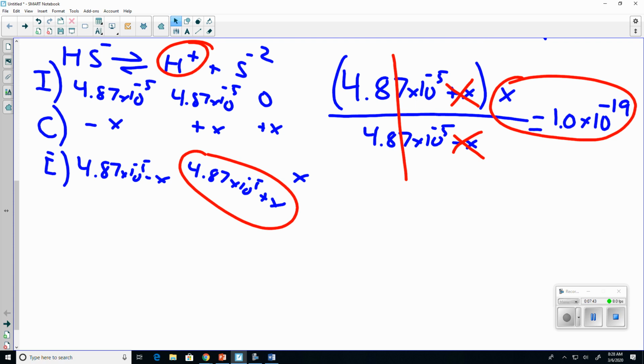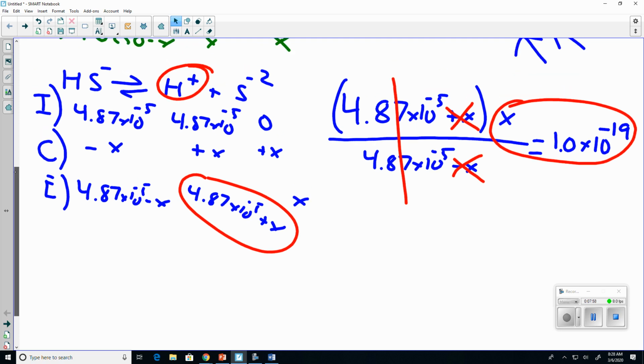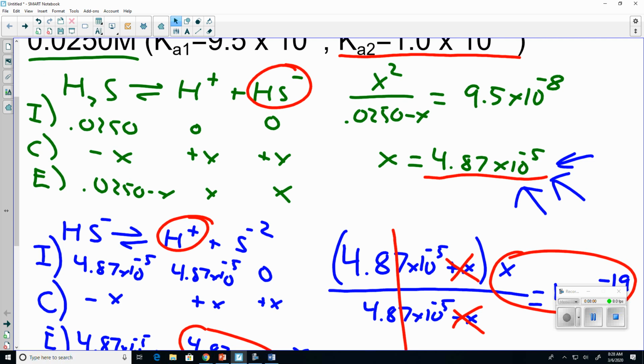X equals 1.0 times 10 to the negative 19. Now, if I were to add that to 4.87 times 10 to the negative fifth, it's not going to make much of a difference at all. So in actuality, you probably could have gotten away with doing step number 1 and solving for x right here, and then plugging that into negative log to find the pH. However,